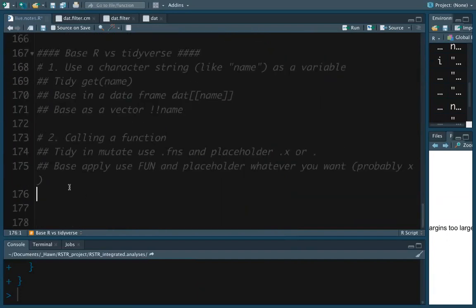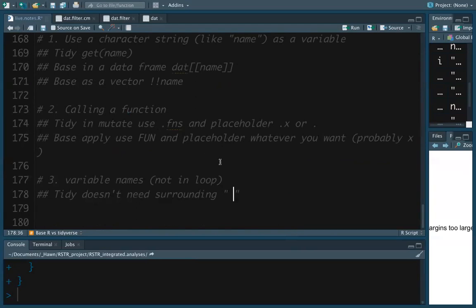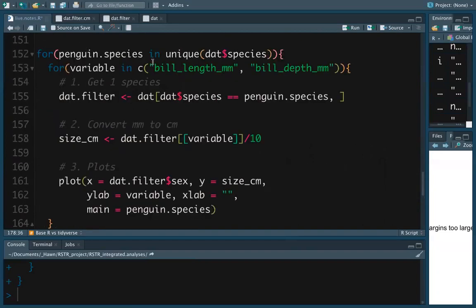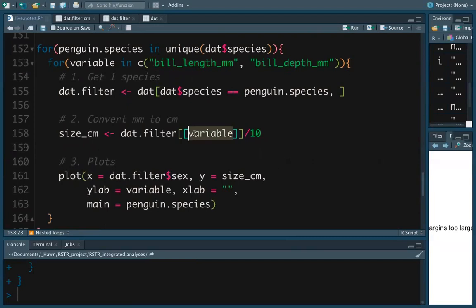The only other last one that we haven't really covered, but I think is important to note, so like not in a loop, when you're not dealing with something weird, is that tidy doesn't need the surrounding quotations. So that's another big one, is that when you're working in the tidyverse, it's ever so slightly shorter, unlike base R, where when you're listing these, they're in quotations because I'm going to use them as a variable name versus,